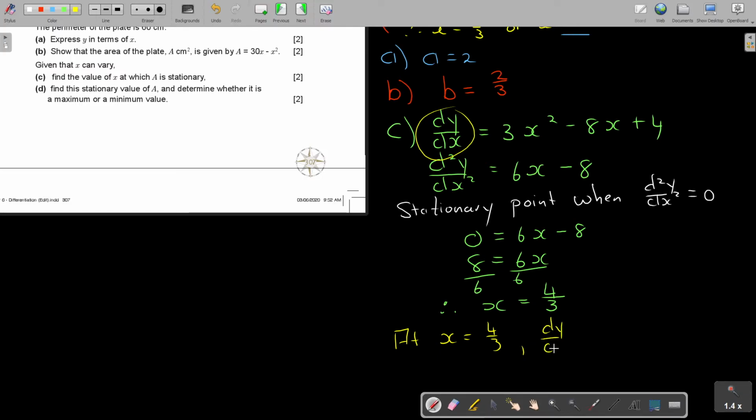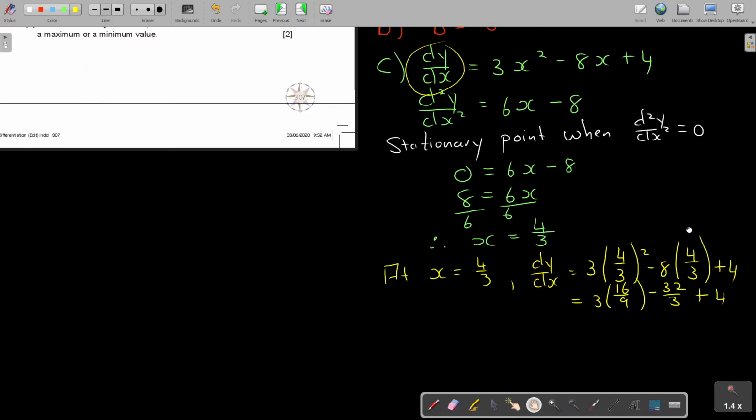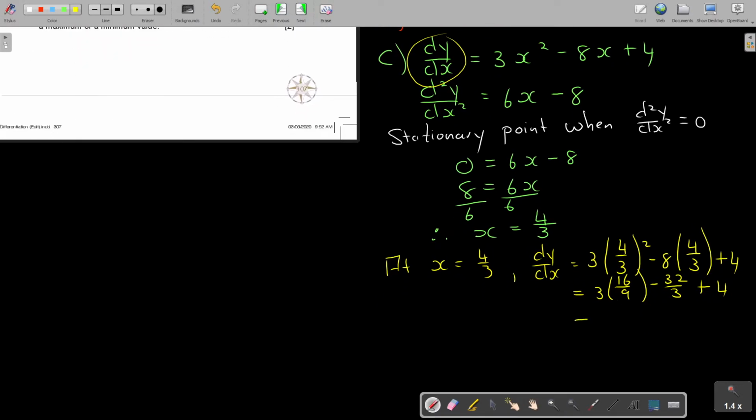Dy over dx, and now you just go with 3(4 over 3) squared minus 8(4 over 3) plus 4. Okay, and if I simplify this now, I'm just going to get 16 over 9 minus 32 over 3 plus 4. And if I simplify that, and this is actually interesting, negative 4 over 3. So I can answer the question by saying, therefore,